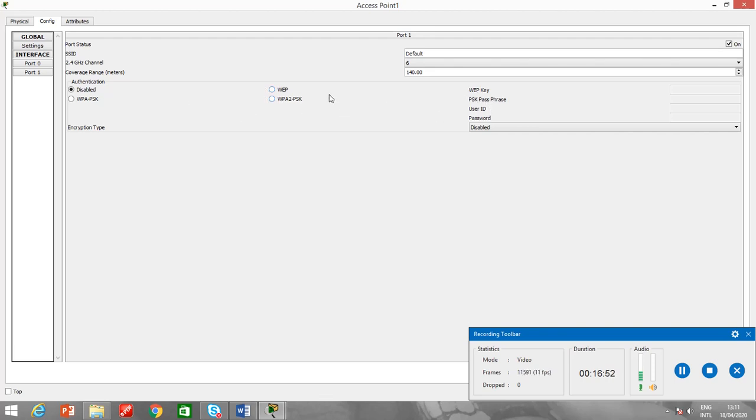I'm not going to go in detail of these type of keys. So I will select WEP. And what is the key? Let me just press 10 times 1. 1, 2, 3, 4, 5, 6, 7, 8, 9, 10. And here I give the name second subnet or second sub, anything.